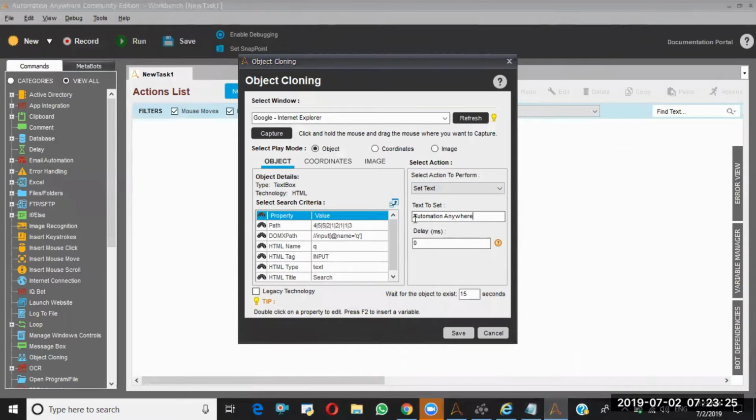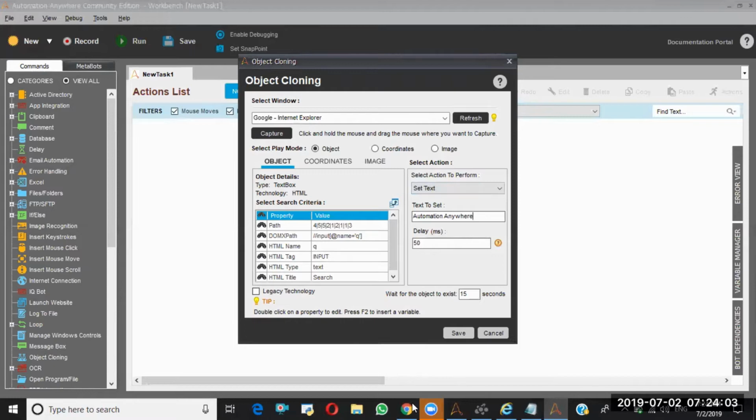So if your string is big, so here I have just 2 words. If you are going to enter 10 words or 20 words like that, at that time it's better to give some delay. So I'm giving 50 milliseconds. In your requirement, if you feel 50 is not enough, you can make 500 milliseconds, or else you can make 1500 milliseconds, or else you make 2000 milliseconds. That depends on requirement.